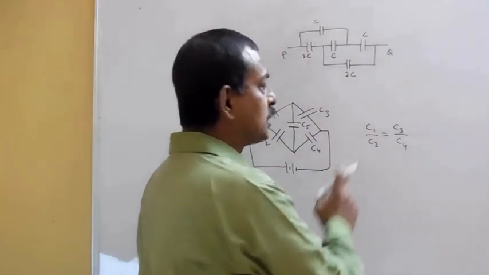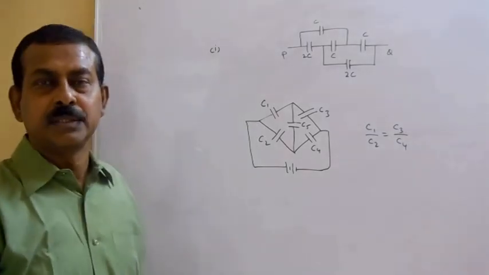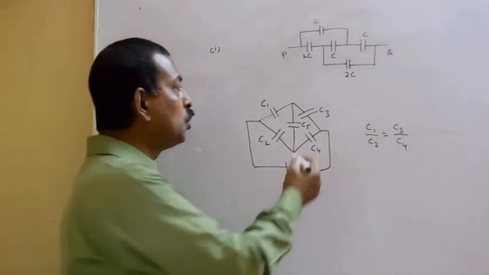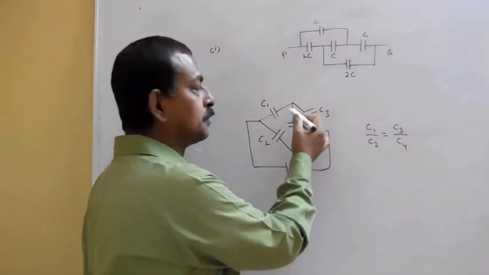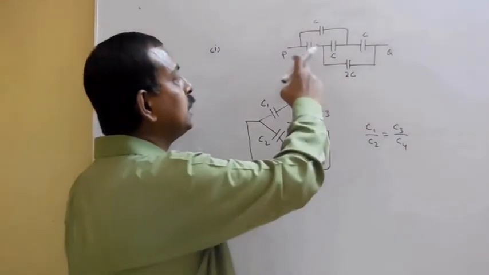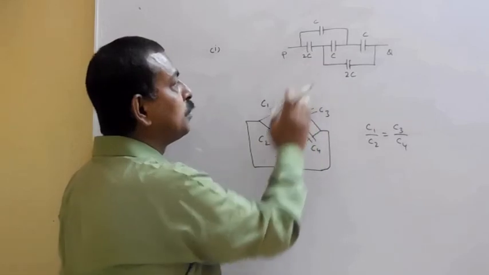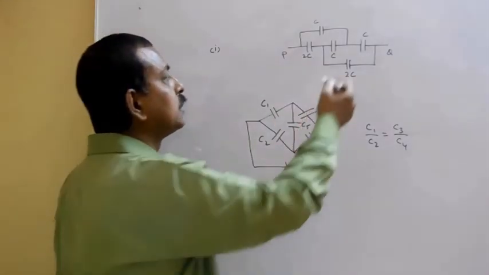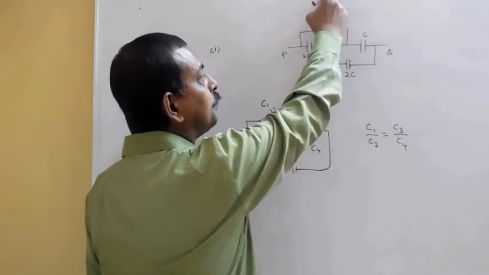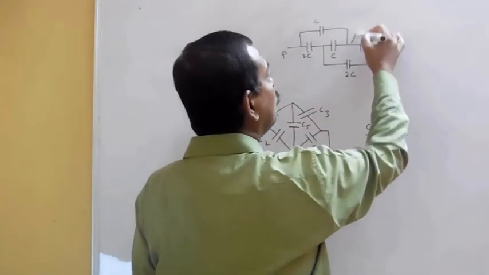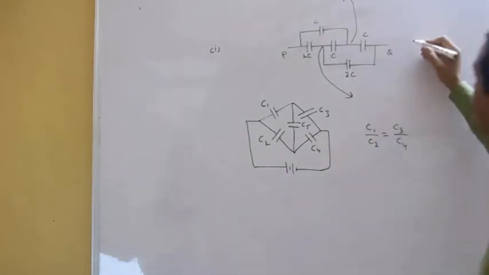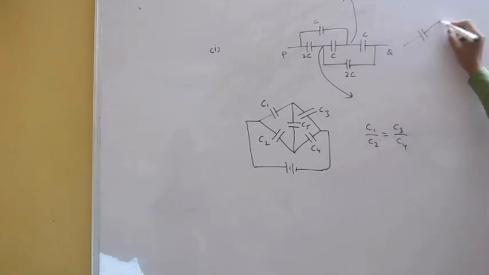If this ratio of the capacitors is equal, then it is said to be in a balanced state, and in the balanced state no charge flows through this capacitor, that is C5. So here also, although it will appear different, if I pull this point here, suppose I am pulling this one to this point and this point here, then the same can be drawn